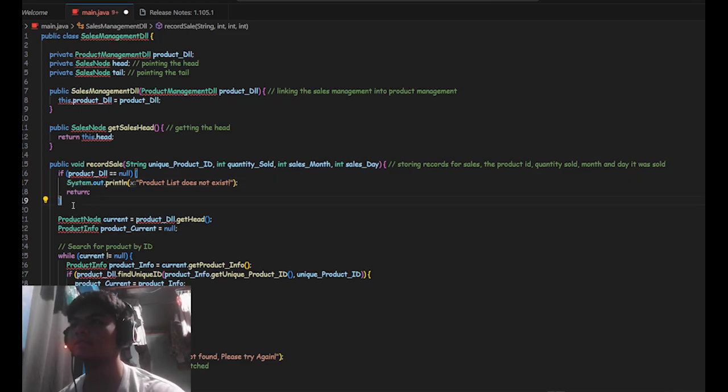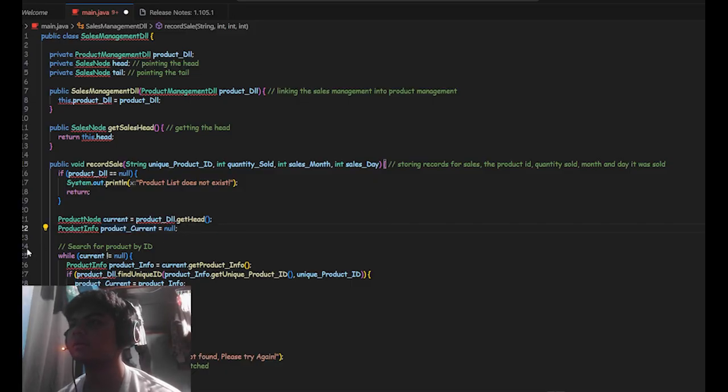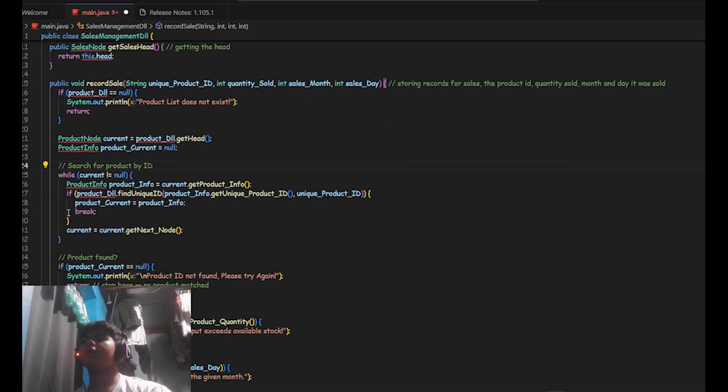In our case, it exists. And we've created this variable called current and product current. In order to get the current head, the product current is set to null. Then after that, searching for the product by ID.